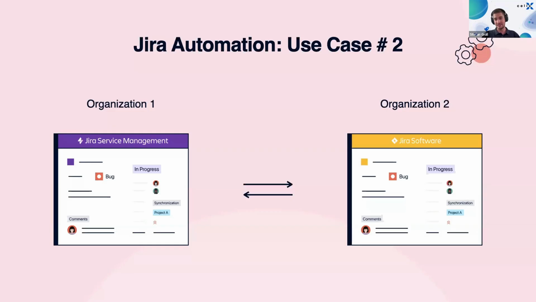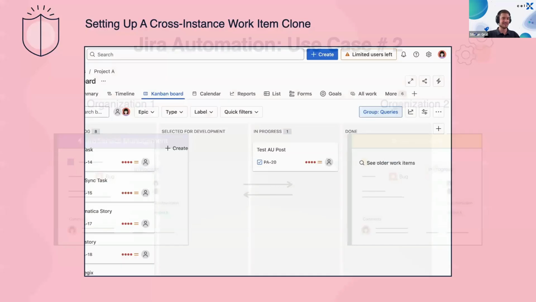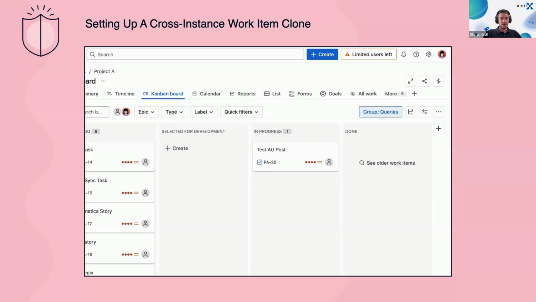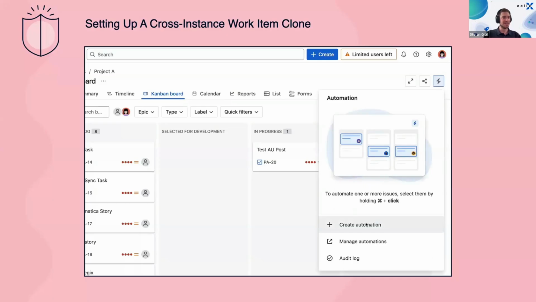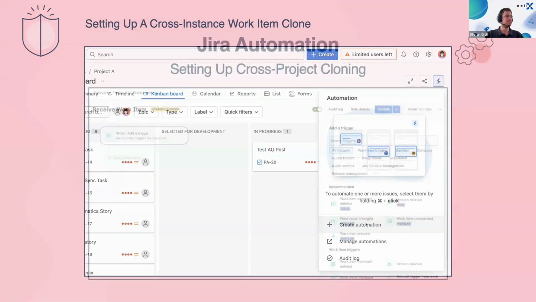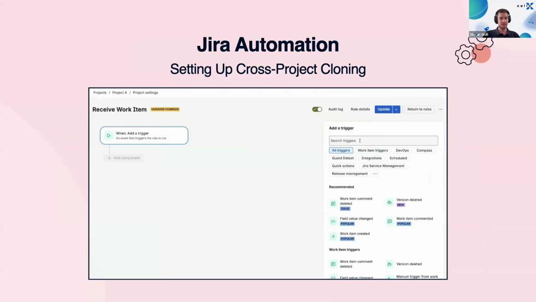So, two different Jira instances. This will be a bit trickier, but we can do that too. That's no problem. So let's walk you through how to do that. We need to create an automation, of course, again. For that, we will use the same trigger as before: when an issue is created, of course,